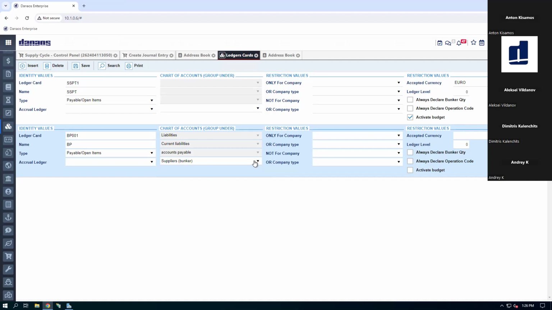If you don't want that, for example, you can take your 100 top suppliers that you use frequently and open them, and every time you have a new order with a different supplier, you can create them on the spot in both the address book and ledger cards. This is an approach if you don't want to do a lot of manual work at the moment. Another approach